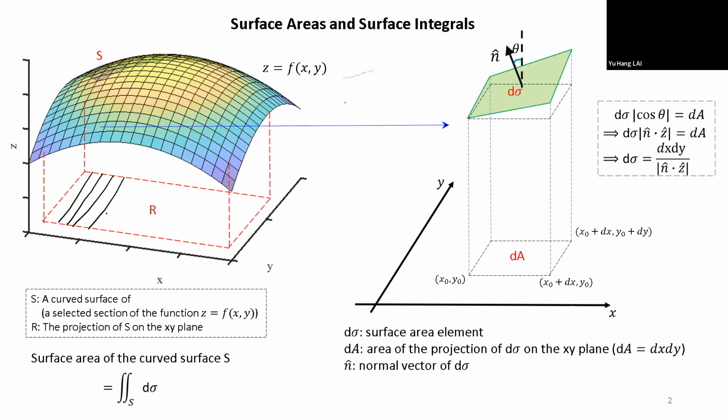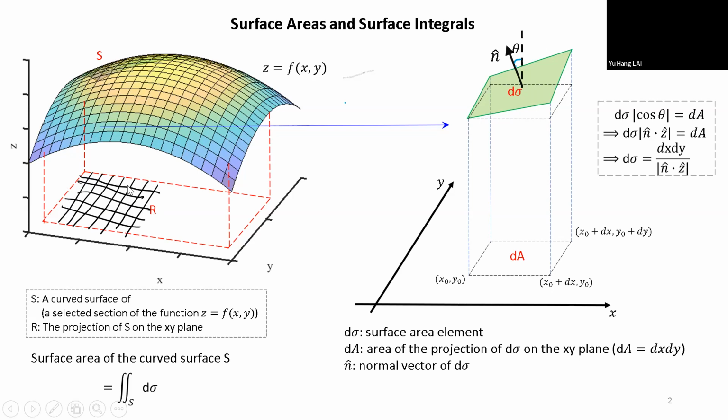Something like this. So if I project this curved grid on the xy plane, we'll get back a rectangular